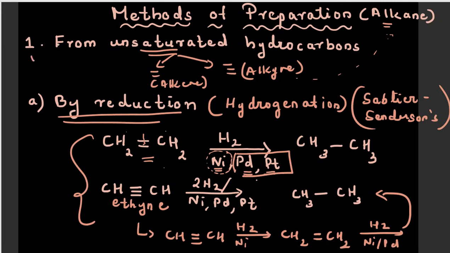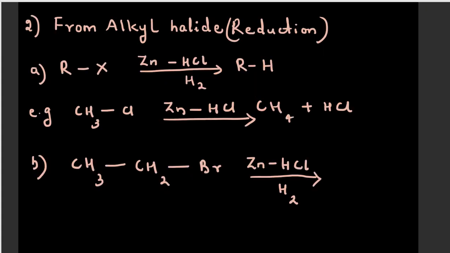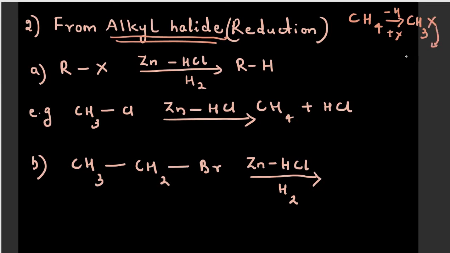So our first method of preparation from unsaturated hydrocarbon is by reduction. Now moving on to our second method of preparation, it is again reduction, but here we are reducing the compound from alkyl halide. From alkyl halide we are getting an alkane. Now what do you mean by an alkyl halide? For example, if one of the hydrogen atoms is being replaced by a halogen, so one hydrogen removed, we will be getting CH3, and in place of that a halogen substitutes. It can be fluorine, chlorine, bromine, iodine, any one of the halogens, then these compounds are known by the name alkyl halide.